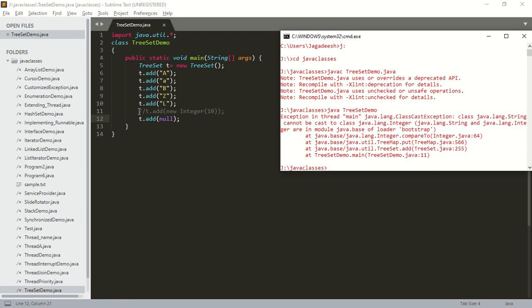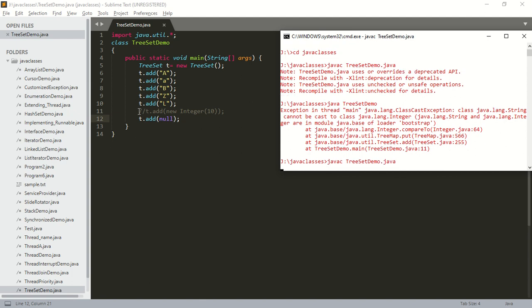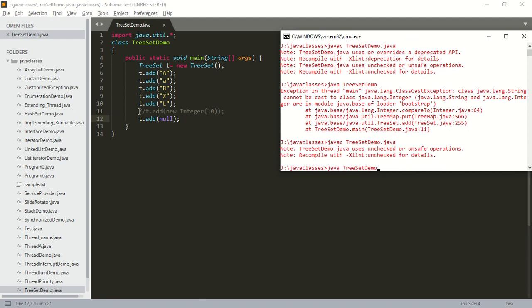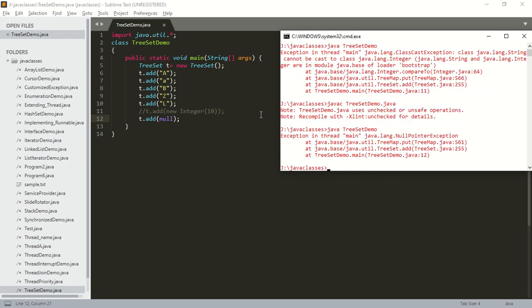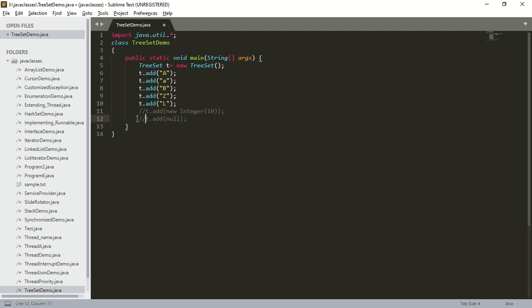So compile the code. Yes, now run the program. What happens when I run this program? I'm going to get a NullPointerException because null insertion is not possible in the case of tree set. So you can see here, exception in thread main java.lang.NullPointerException. So I'm going to comment this line too. Okay,